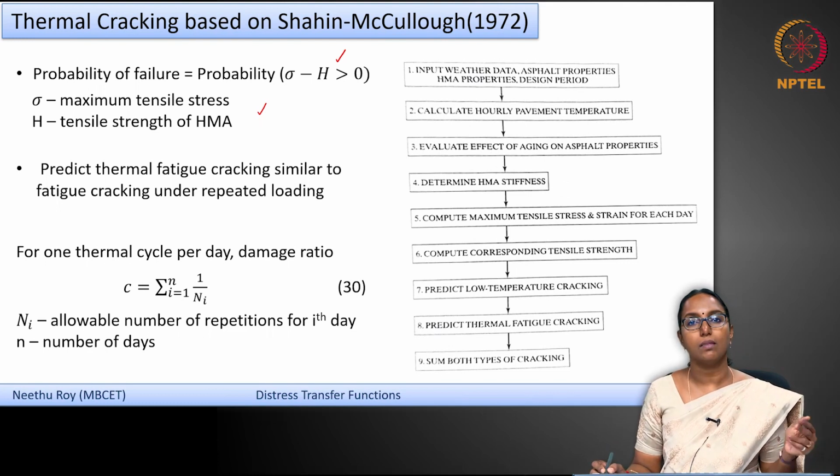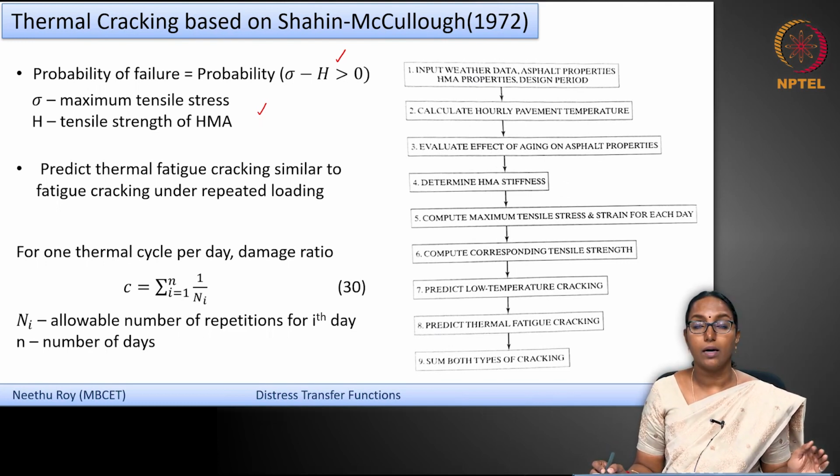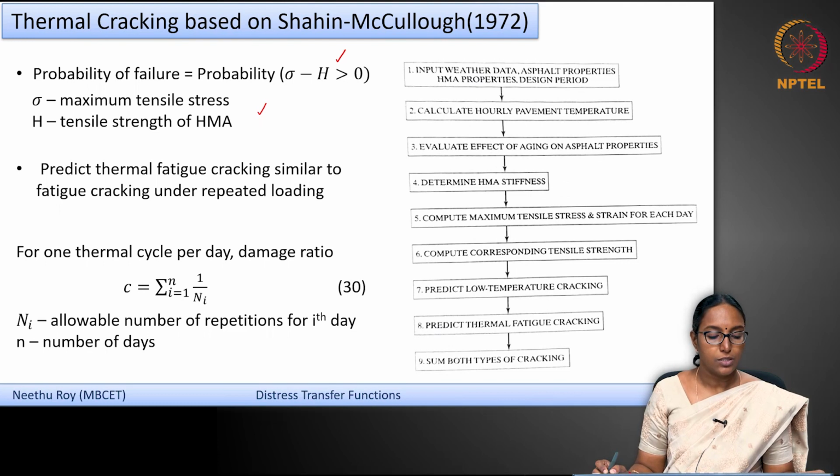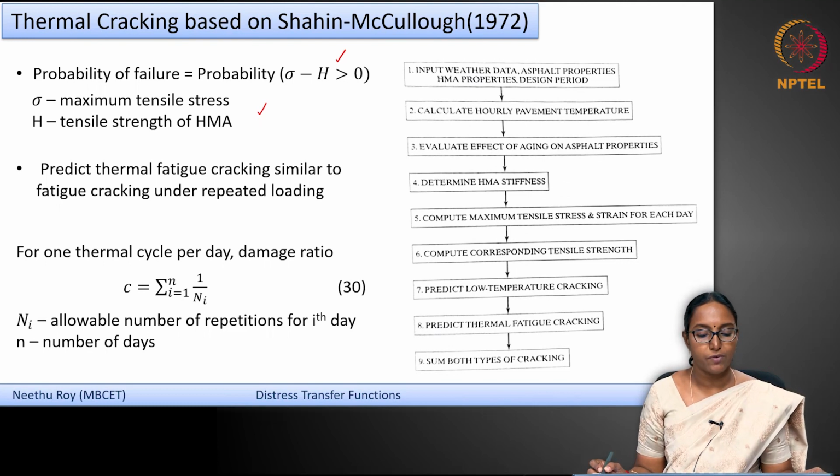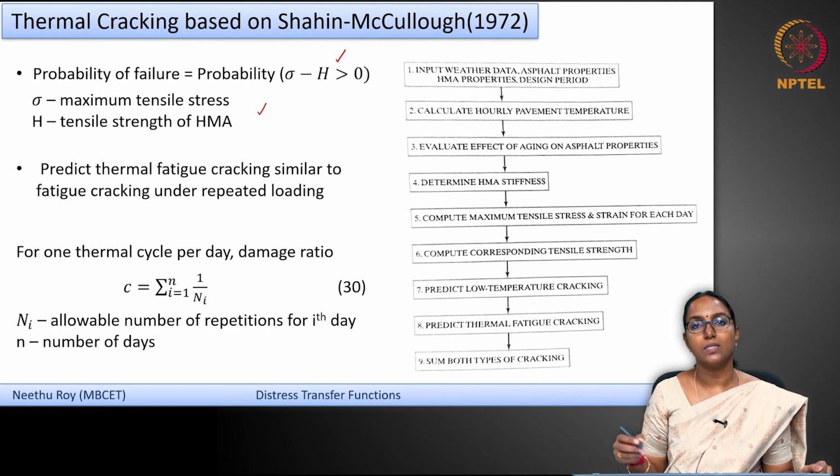Now, the next comes the thermal fatigue cracking approach. Since it is fatigue, this is done in a similar way as you find the fatigue cracking due to repeated loading. Okay, so here a similar model can be used, but it is for a low temperature. For low temperature, the material moduli and the material relationships can be developed, and then based on that you can predict the fatigue life, and you can use a similar approach as the Miner's approach to find what